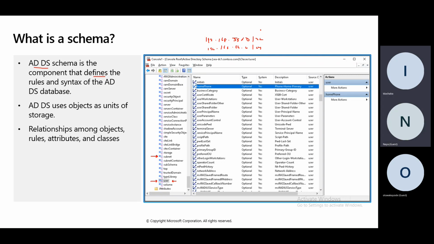Because you have a CCNA, that's why I'm asking you these questions. Yes, sir. You understand? Don't worry, I will explain to you better. So you see now the different subnets.